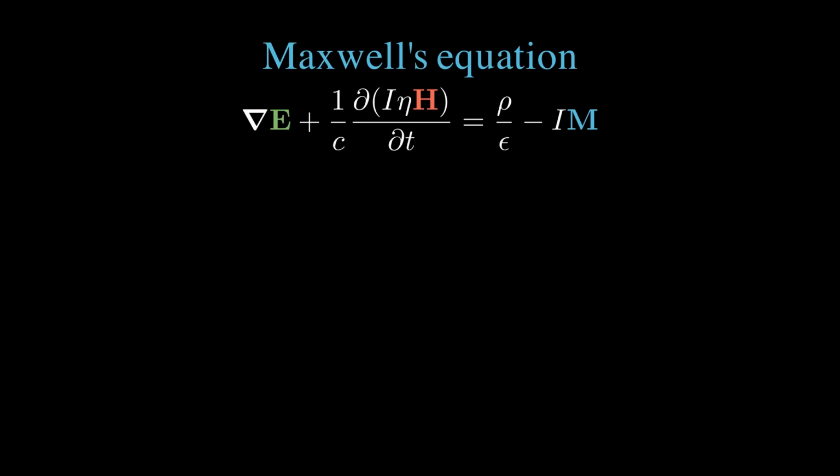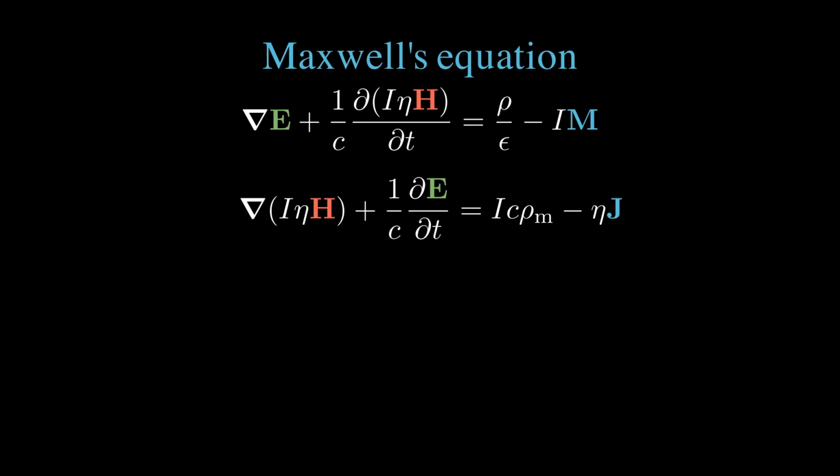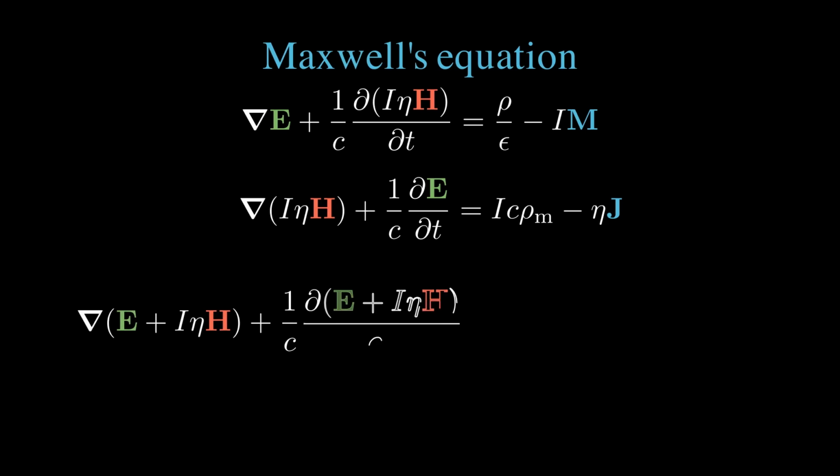We can now write out our equations for grad E and grad I eta h, with all the differential operators on the left. Our grad E equation has only scalar and bivector terms. Our grad I eta h equation has only vector and trivector terms. In both, all units have dimensions of volts per meter squared, so we're free to add these without any loss